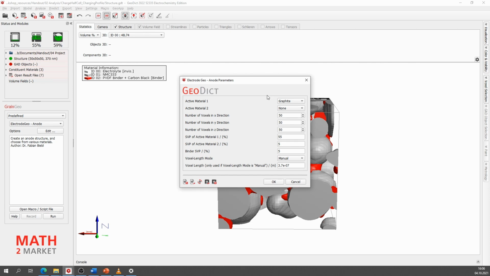Here we can now predefine what we want to have, and we want to have the active material 1, graphite is totally right, it's the one we want to use. We have no active material 2. The number of voxels in every direction should be 50 because it has to fit to the material before.